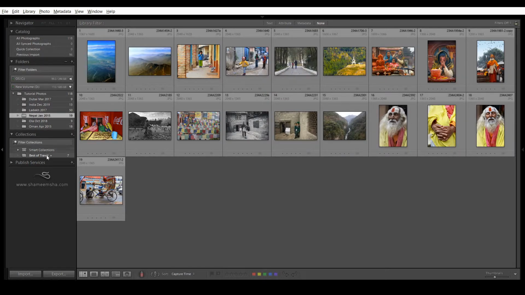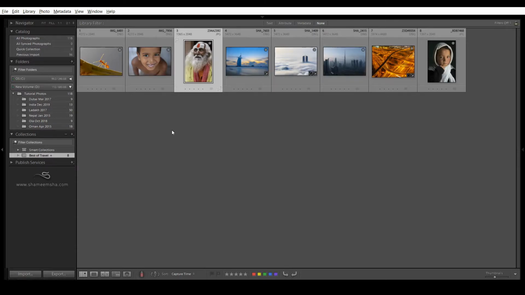Now I've set this as a target collection. I'm selecting this photo. I'm not going to drag and drop this time. Now you see there are 7 photos. I'm just pressing my shortcut key on the keyboard, B. It says photo added to target. Now you see the number of photos became 8. Now let me get into this folder and you see it's added here.